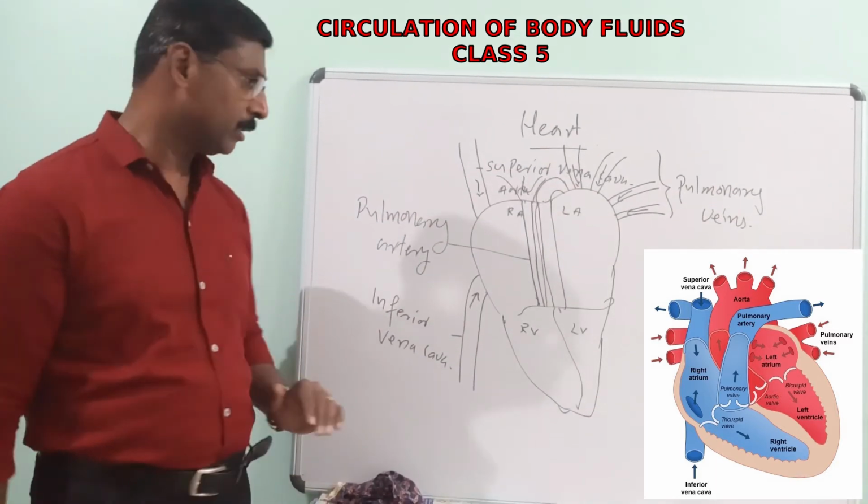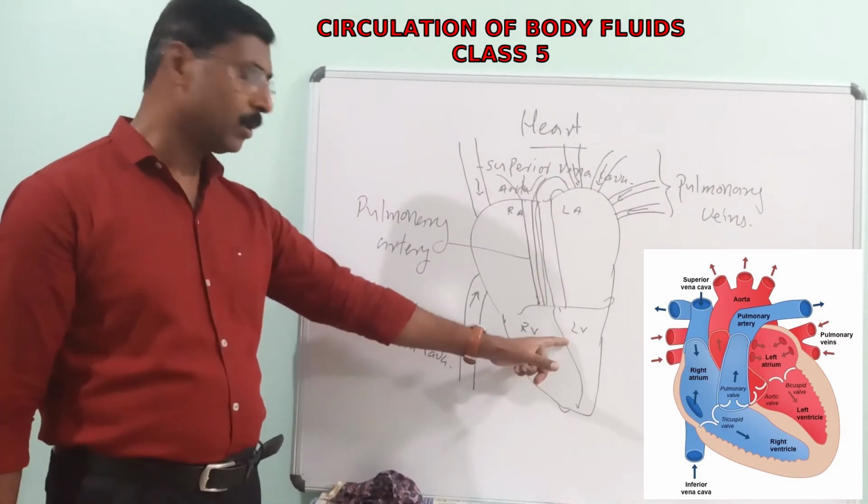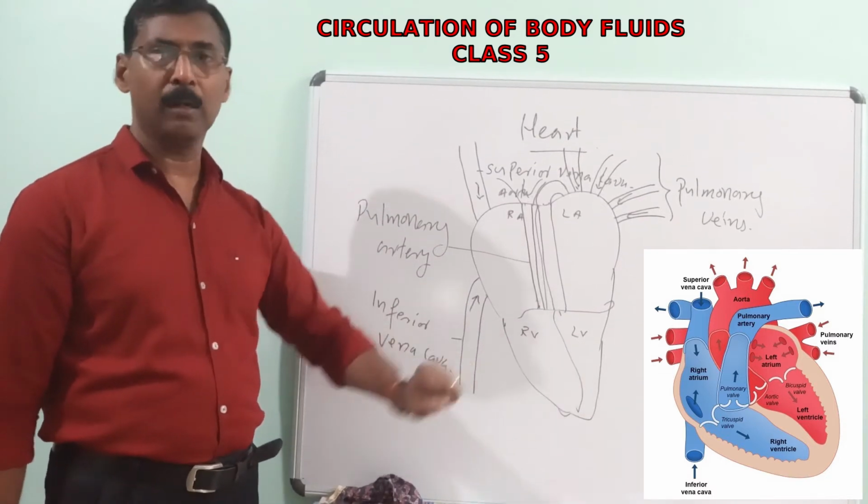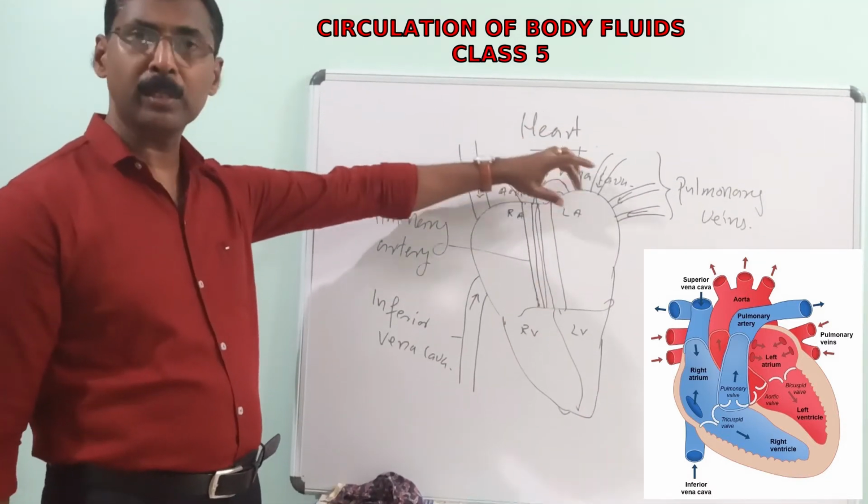The two arteries are there. One is the aorta that takes its origin from the left ventricle and carries oxygenated blood to different parts of the